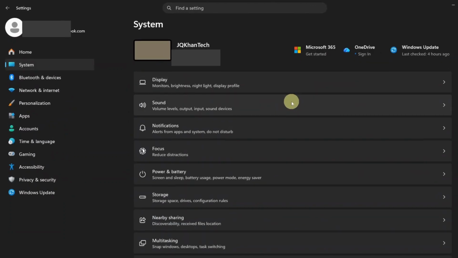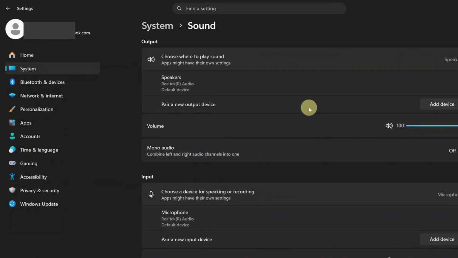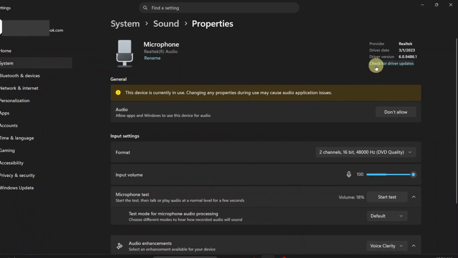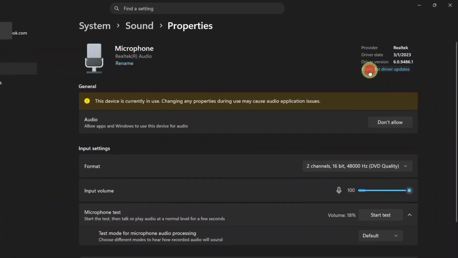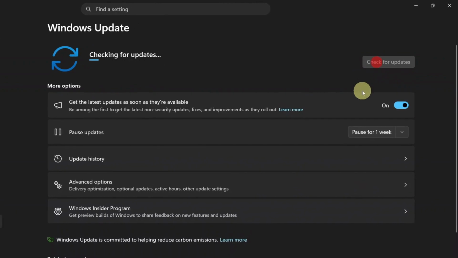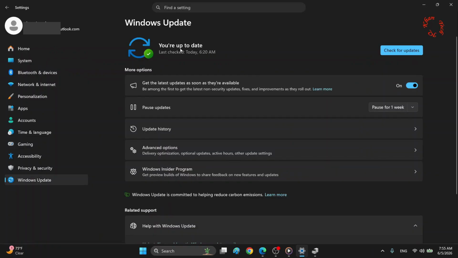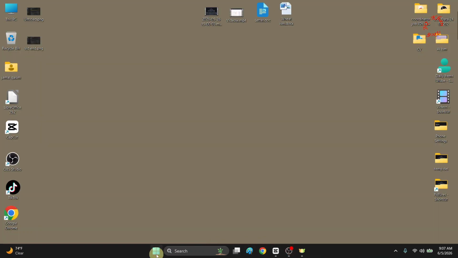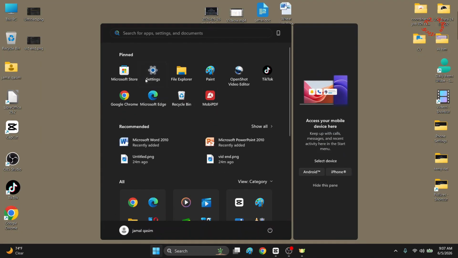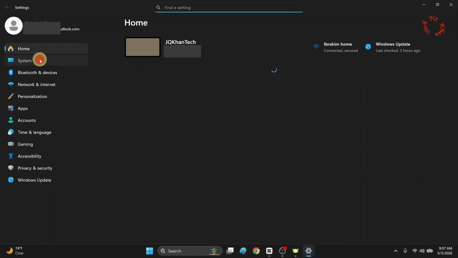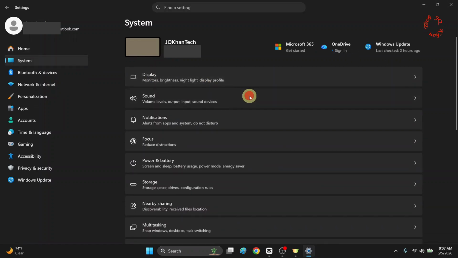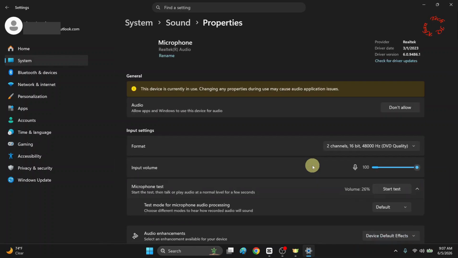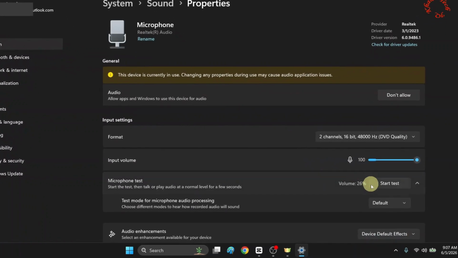Let me go to System, Sound, and then Microphone, and now let's go check for driver updates. Click it, and in case an update is available, let it download the update. Now restart your PC and it's done. Let me go to Settings, System, Sound, and click Microphone for the final test, and you can see it's working, but